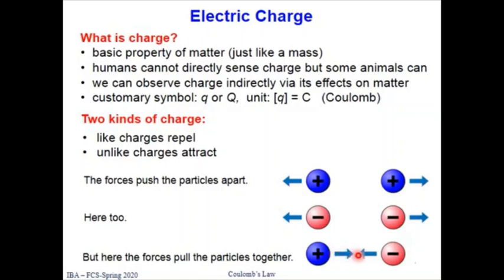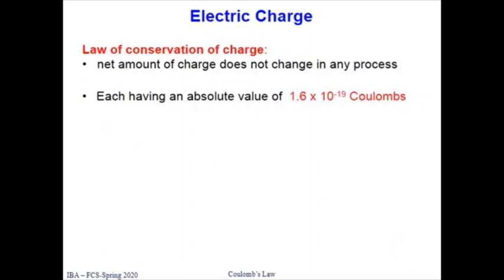And if you release the particles, they accelerate toward each other. Similar to the law of conservation of energy and the law of conservation of mass, charge also follows a conservation law. Net amount of charge does not change in any process,